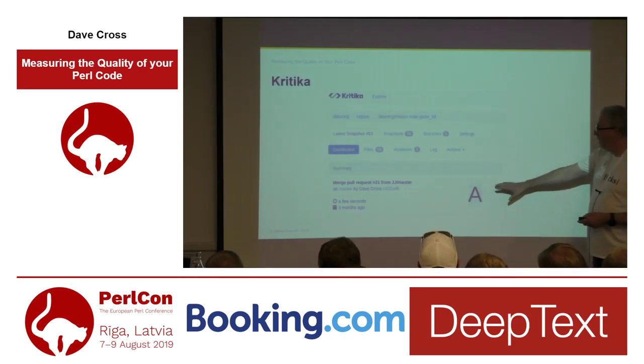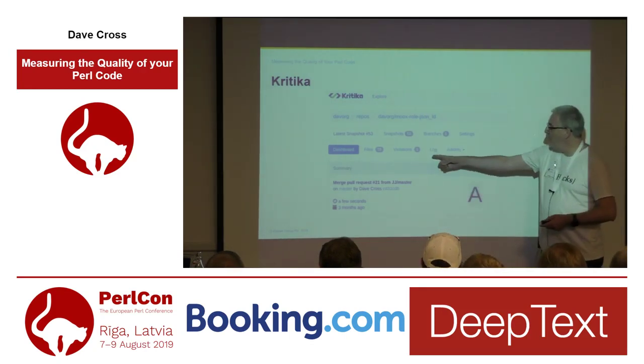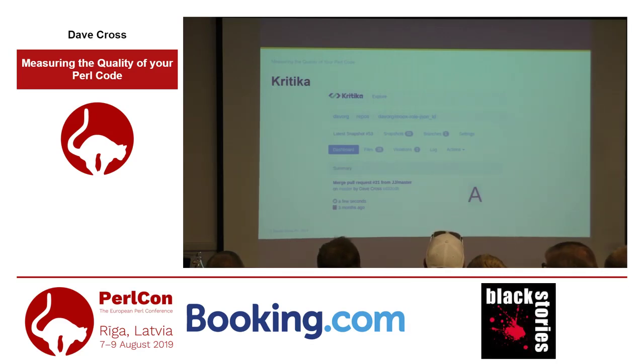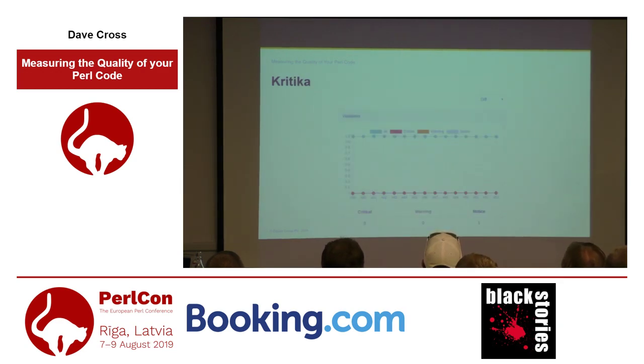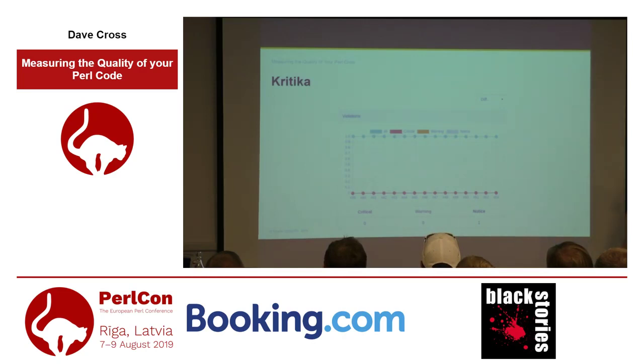Again, it gives you the information about the commit. If you click this link here that says violations, it lists the violations. It tells you actually what you need to fix in order to get those extra points. Also on that page, there's a graph of the violations over time, so you can see this one's been actually quite steady at just that one violation. I think I'm using capitalization for a variable that